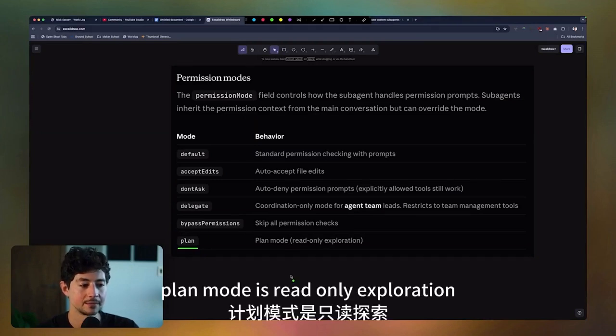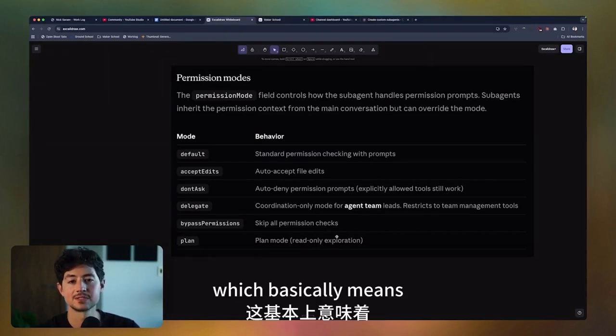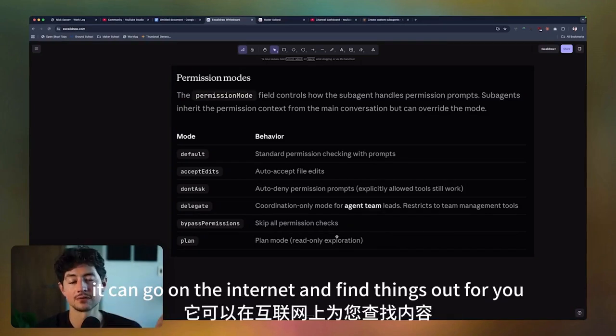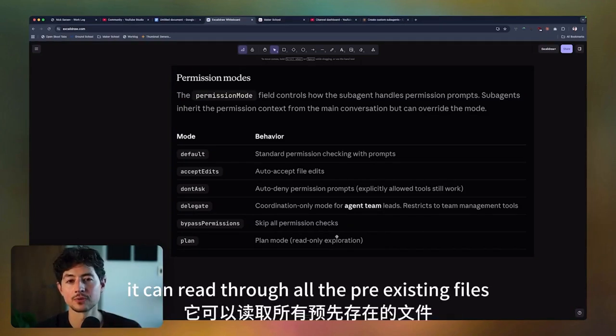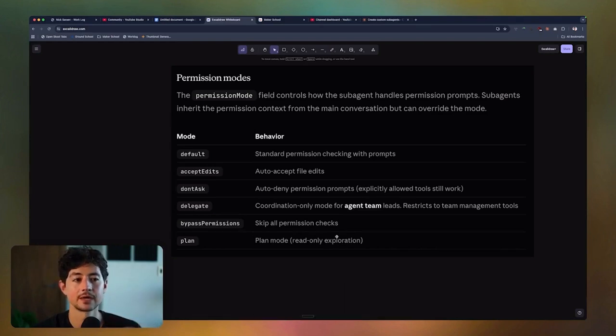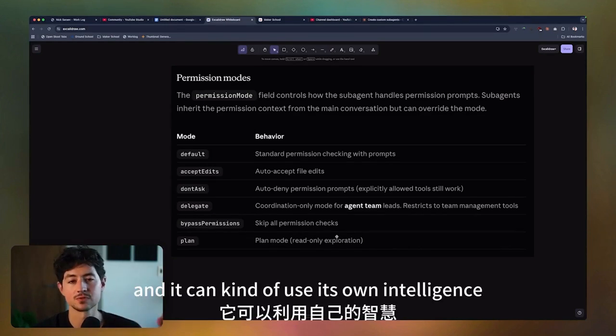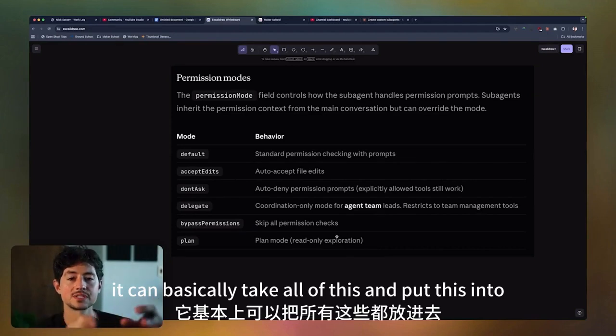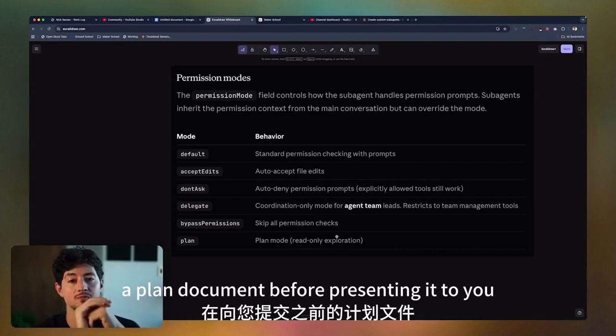about next. Plan mode is read-only exploration, which basically means Claude Code can research things using web tools, so it can go on the internet and find things out for you. It can read through all the pre-existing files in your directory. It can also reason from first principles, and it can kind of use its own intelligence to figure things out. And then it can basically take all of this and put this into a plan document before presenting it to